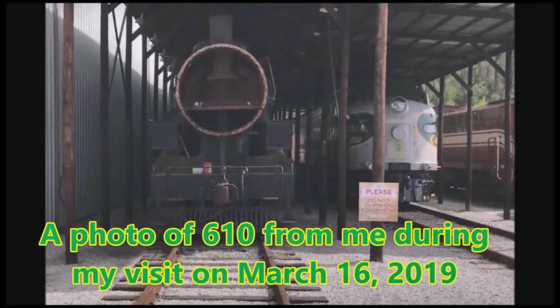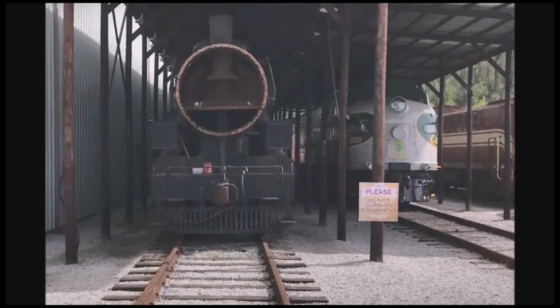Today, the 610 is awaiting an overhaul at the Seoul shops as it is currently undergoing a 1472-day inspection. But once the overhaul is completed, the 610 will continue her service along with 630 and Southern Railway Mikado number